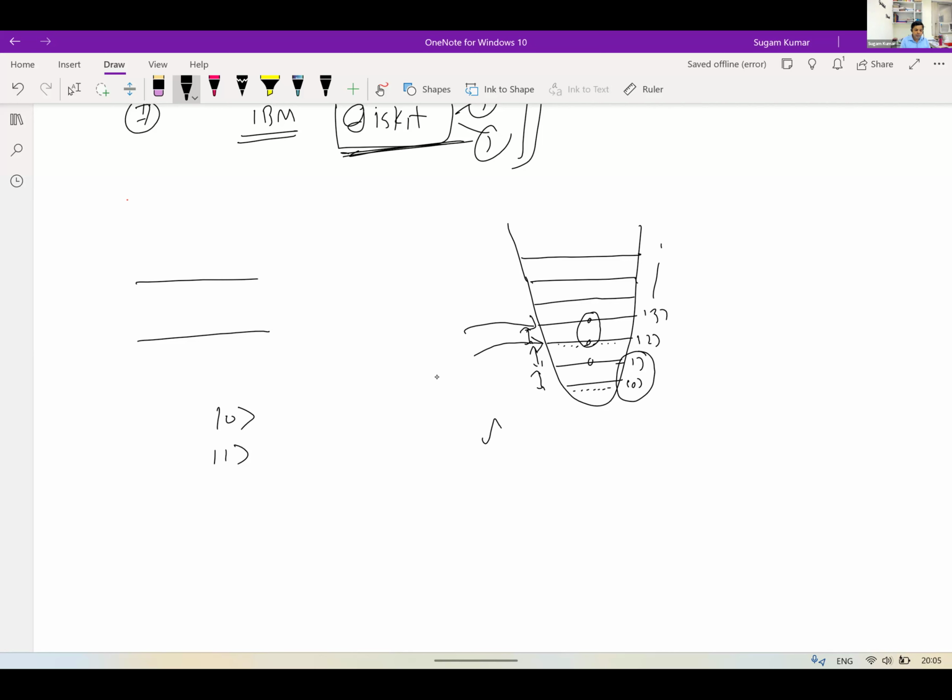And second, when you excite, the excitation should not cause this transition. This should cause only this transition. And for this, generally we make an anharmonic oscillator so that these gaps are different. So when the gaps are different and you shine photons, this photon energy corresponds to this much. So this can cause only this transition. It will never cause this transition or this transition. This way, I will ensure that only these two states are used.